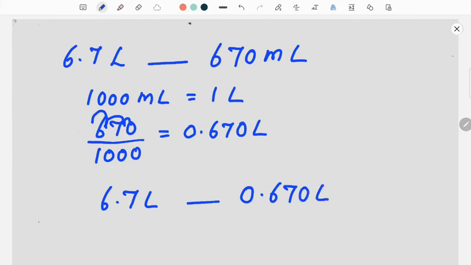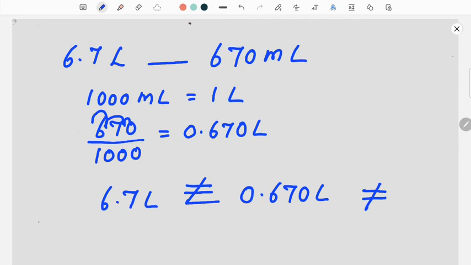Now compare these numbers. Sorry children, we are writing equal or not equal to. So check the numbers. Here the whole number part is 6 and here the whole number part is 0. The whole number parts are not the same. So we can write the symbol not equal to. Equal to, write it and then cross it out. Not equal to. So first change milliliters to liter, divide by 1000, then compare the numbers.